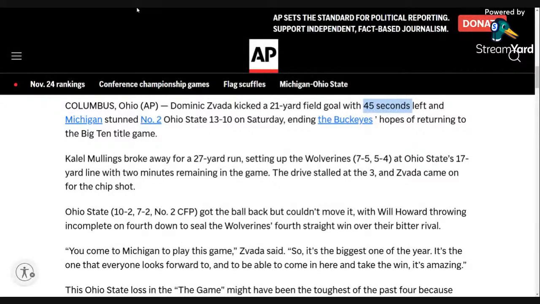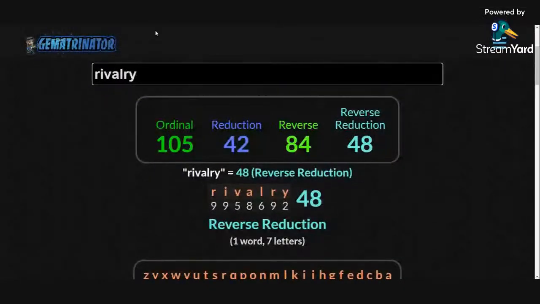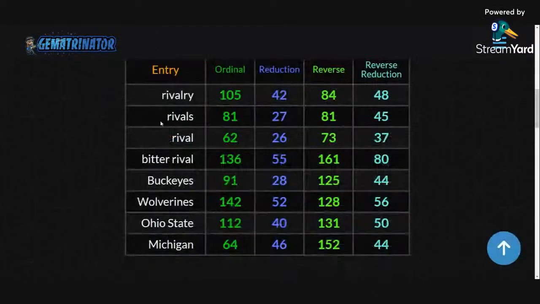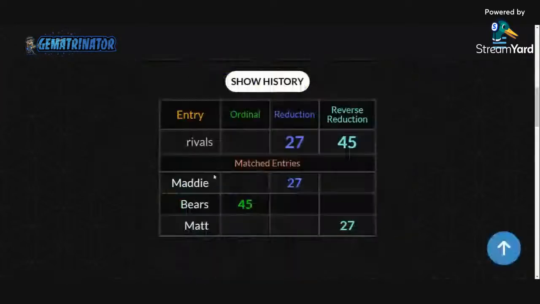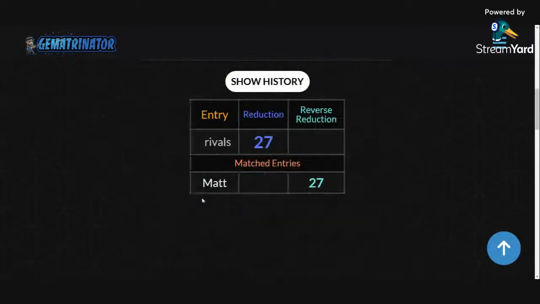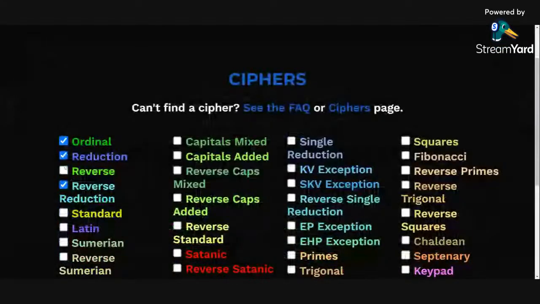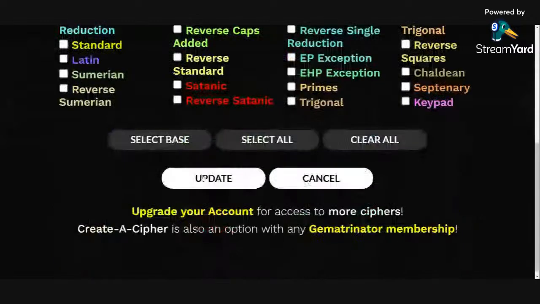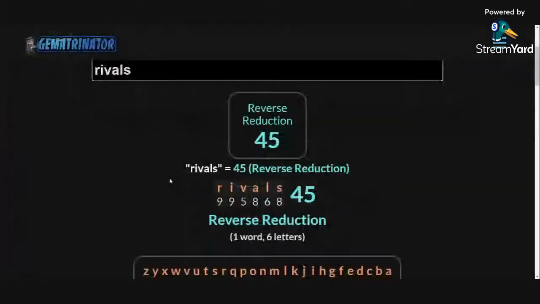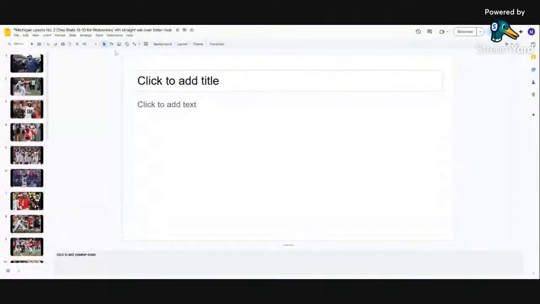Okay, so look at that. Those numbers aren't going to hit like that for no reason. So the big kick with 45 seconds left, and we'll look at the guy as well. But didn't we just see a 45? Let's look. We did. Rivals equals 45 right there, okay? So that's perfect. So this is how I would put together the breakdown, okay? I would screenshot that, go over here, and this appears to be the kicker right here.